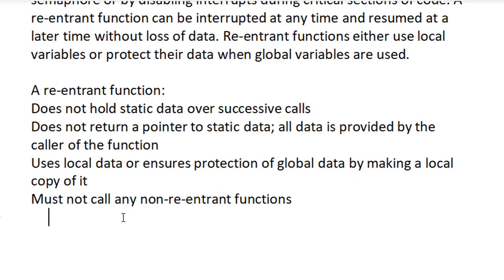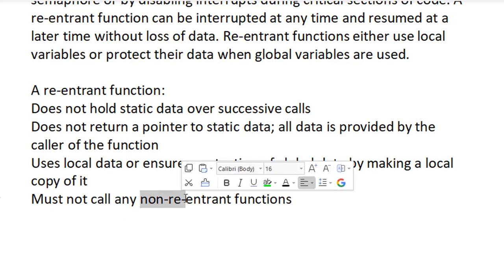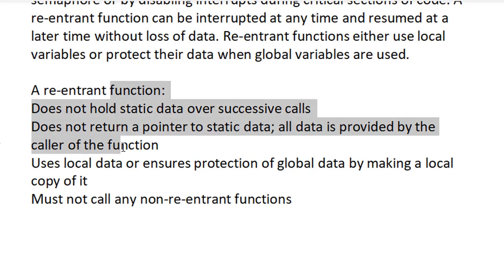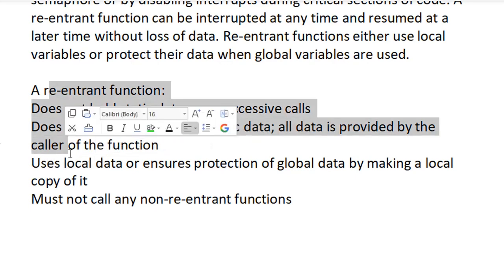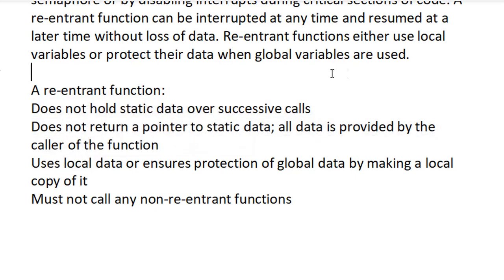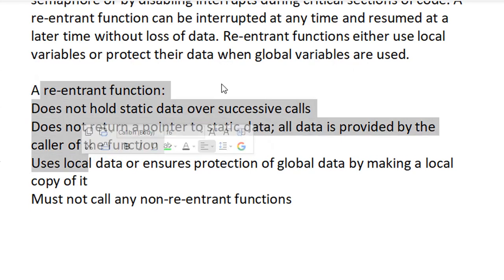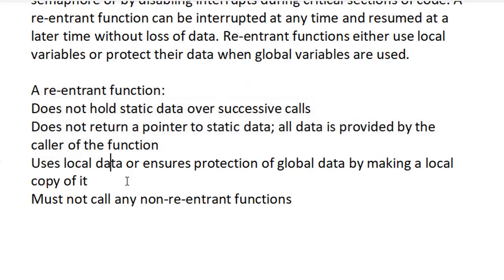Inside a reentrant function, we should not call a non-reentrant function. That mistake can be common. Consider if we call from here to here, it's all okay, but this function is non-reentrant. The first process comes and will be sitting here. Another process also will come and can also fall here. So there is a possibility that two processes will come from here to here and they may get stuck. We must not call a non-reentrant function from a reentrant function.